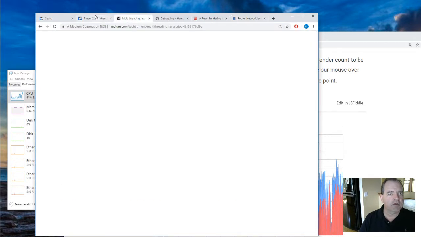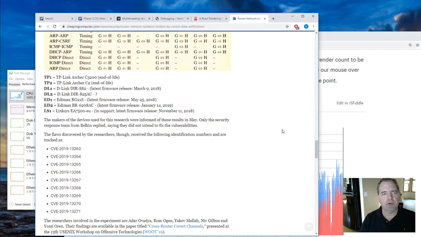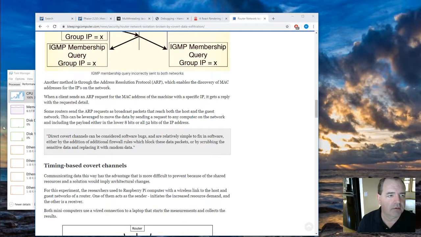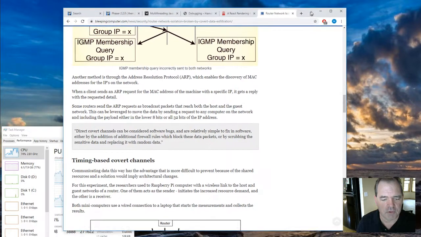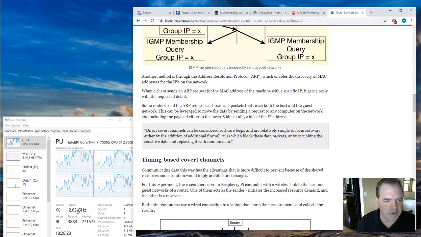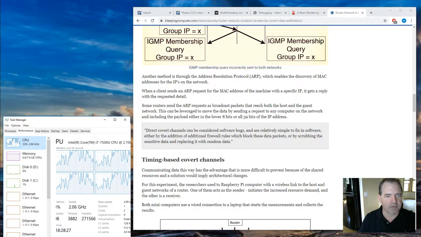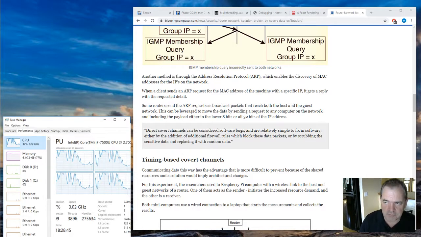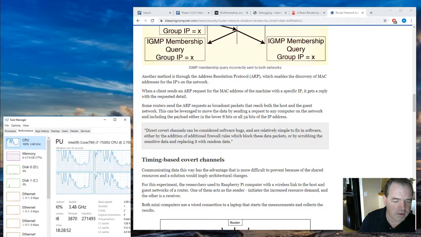So in the case of, I got this React router network. Yeah, so router network isolation. Take this over to the side. Now, an interesting thing might be to see, while I'm looking at this little web page here, I've got the ad blocker turned off and things are settling down a little bit. And you can look at this and you can tell me when you think I'm doing something somewhere else. All right, so I'm reading the article here,